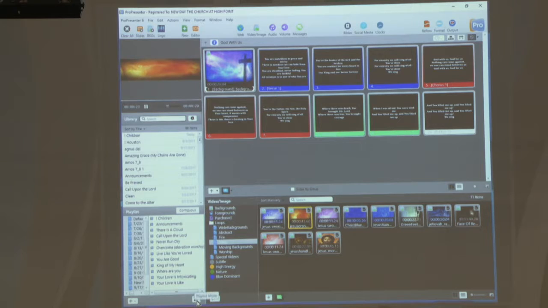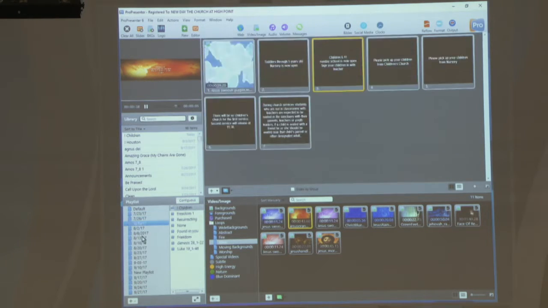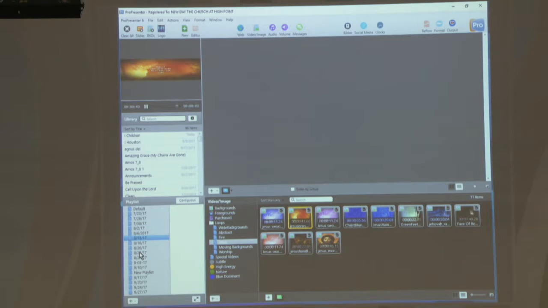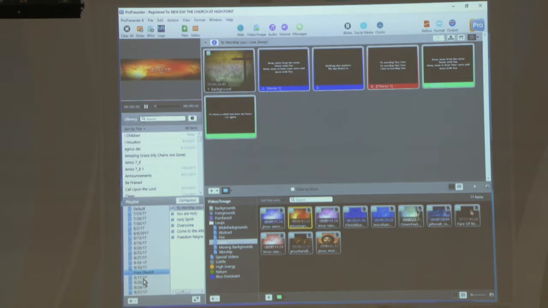As we move forward, we'll have the playlist down here. This will be the schedule, and as you can see, we've been using this since July. Every time you add a schedule, it'll save it in there, and you can go back and look at the songs that you did, and